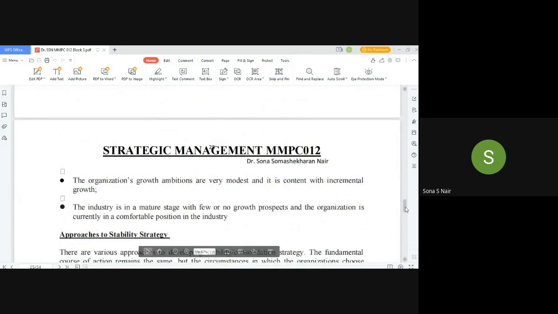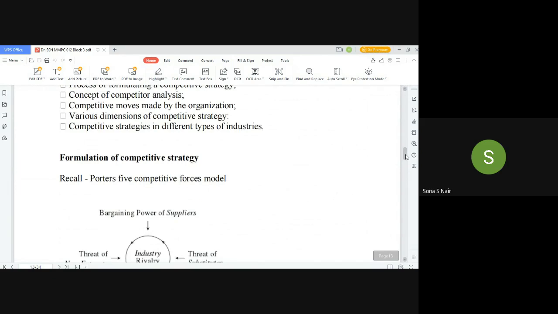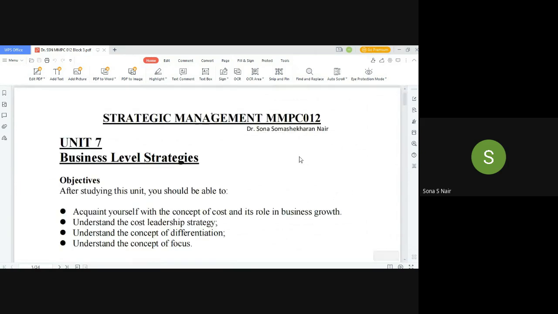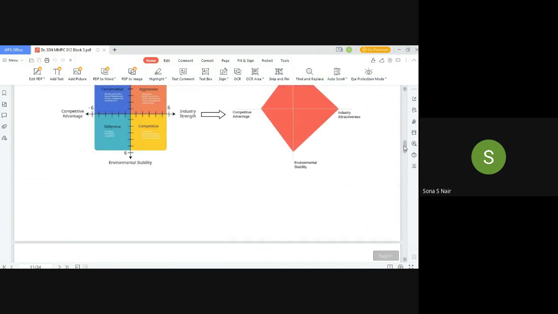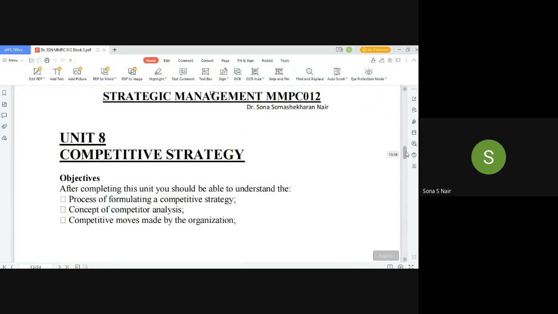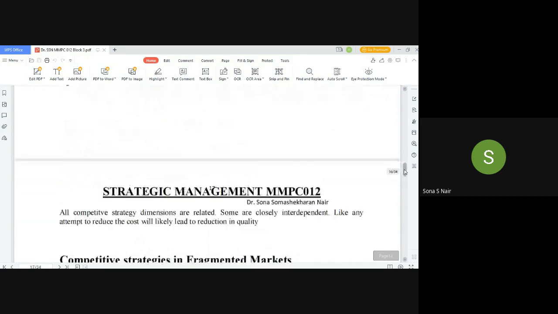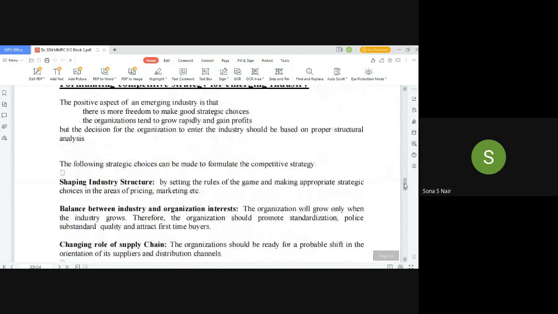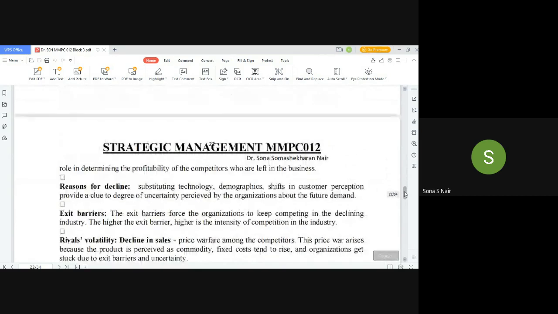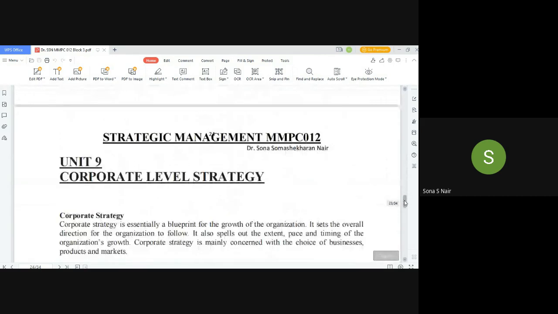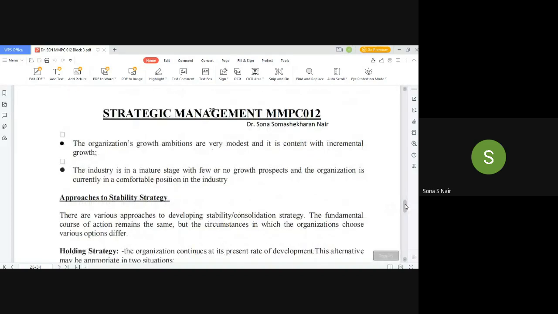Seems like 10 pages left. I think we will call it a day today. Tomorrow we will continue from the business level strategies, from the corporate strategies that we just discussed. As far as the different industries are concerned, what all strategies can we have as an option? So that would be starting from page 24 tomorrow, where we would look at the various strategies which are available to us in whatever industry we are in.